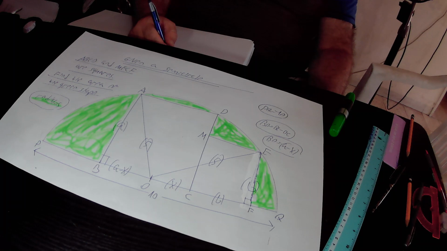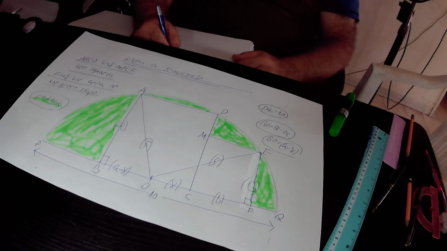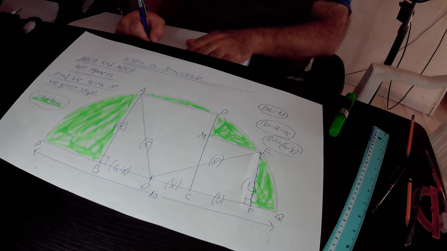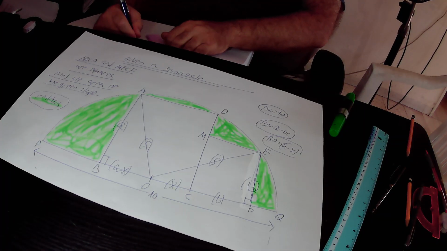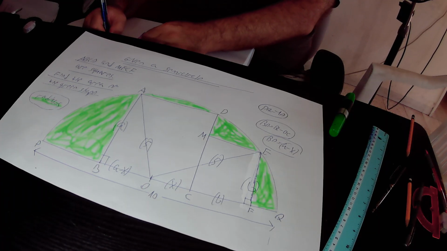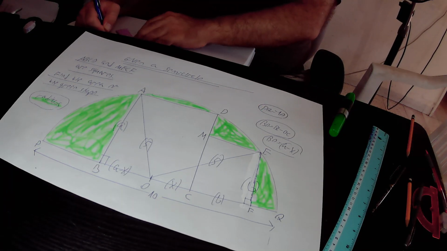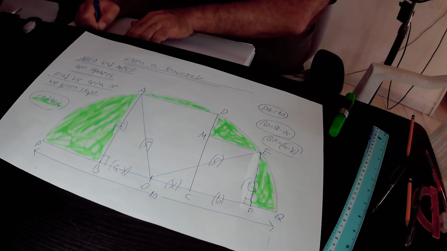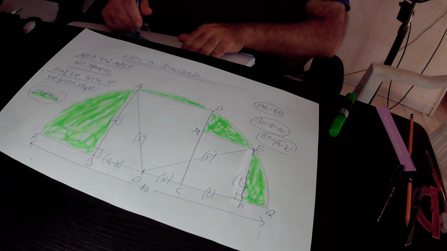From the drawing, it is very easy to see that the area of this green shape equals the area of the big semicircle minus the area of the big square, minus the area of the small square. Again, we should find out that the area of this green shape, that is the area that we are looking for in this question,